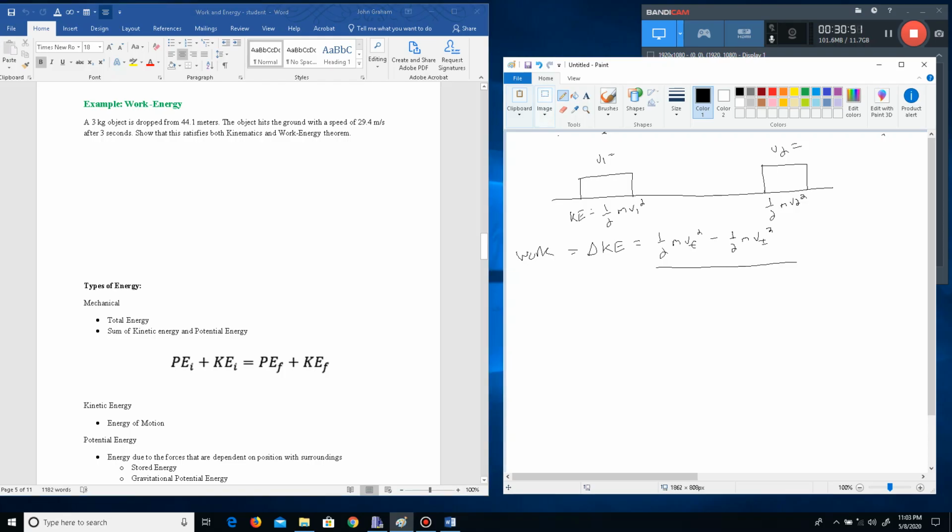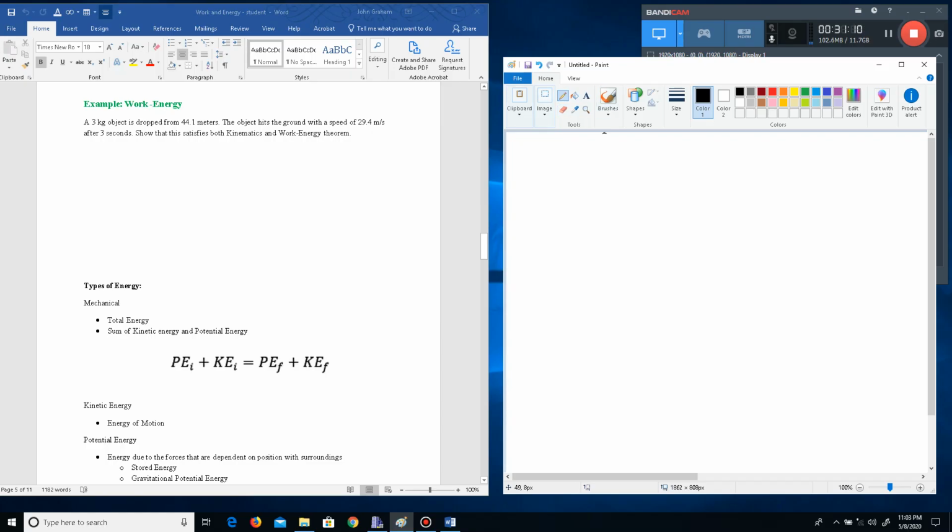Alright, so we're going to do it 2 times. One time using kinematics, one time using the work energy theorem. Then you can see that both ways work. You'll see that one is a lot easier actually, or a lot more preferred. Alright, so